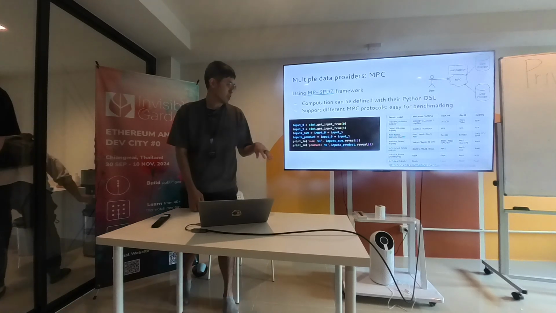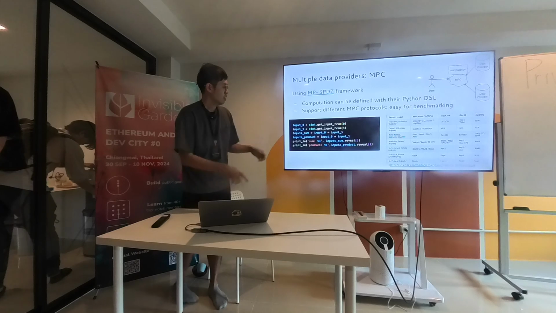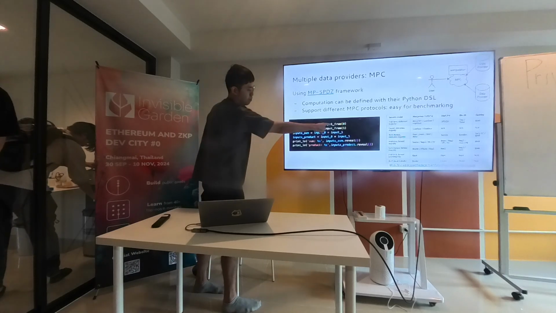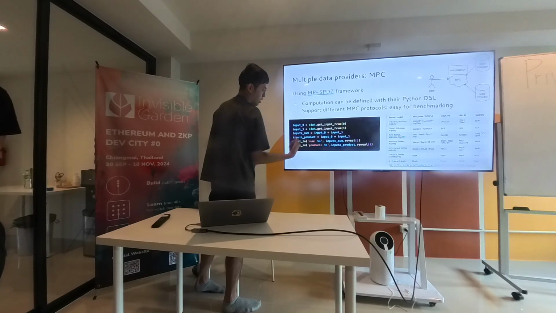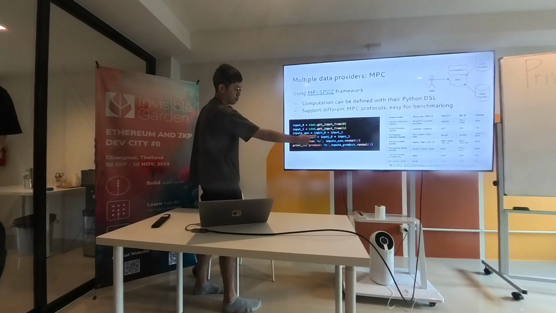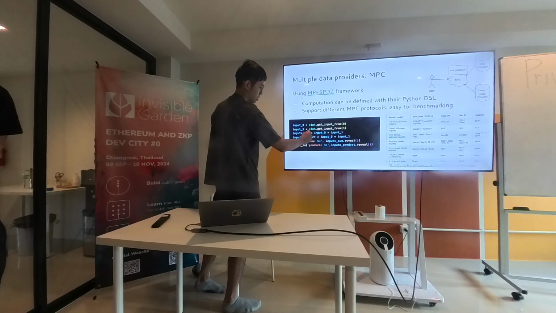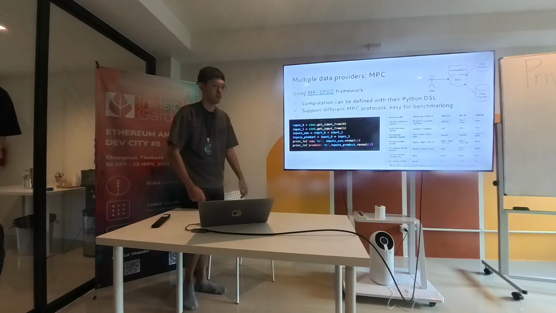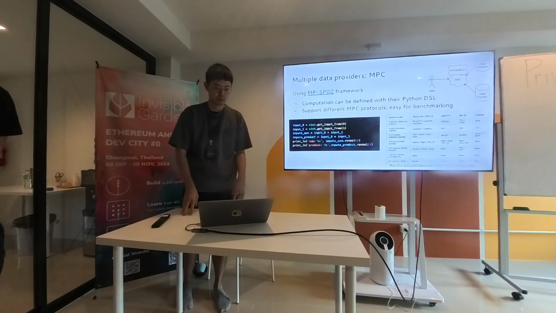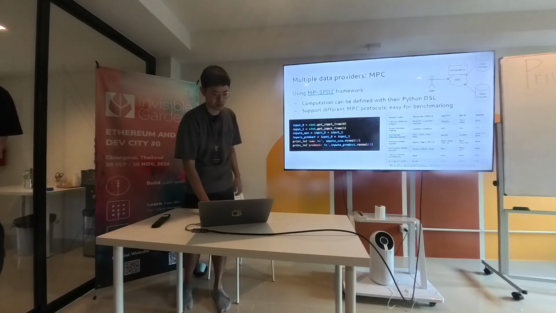You can define something like this: reading input from party 0, reading input from party 1, and performing some addition, multiplication, and then revealing the result. So it's basically a Python DSL.